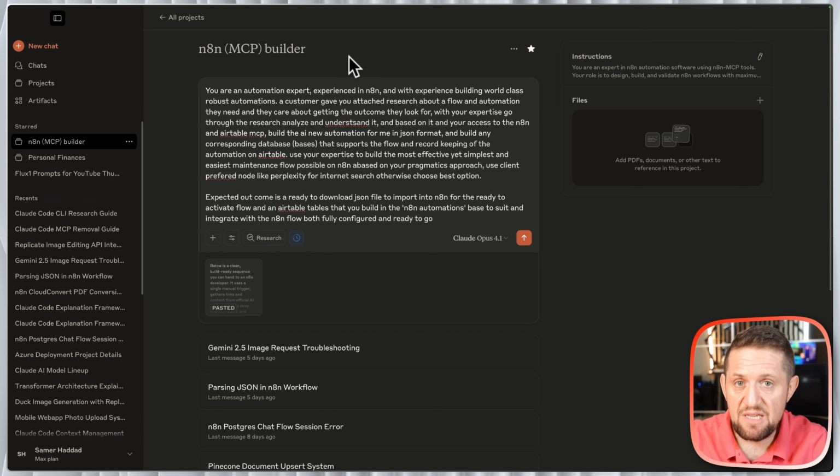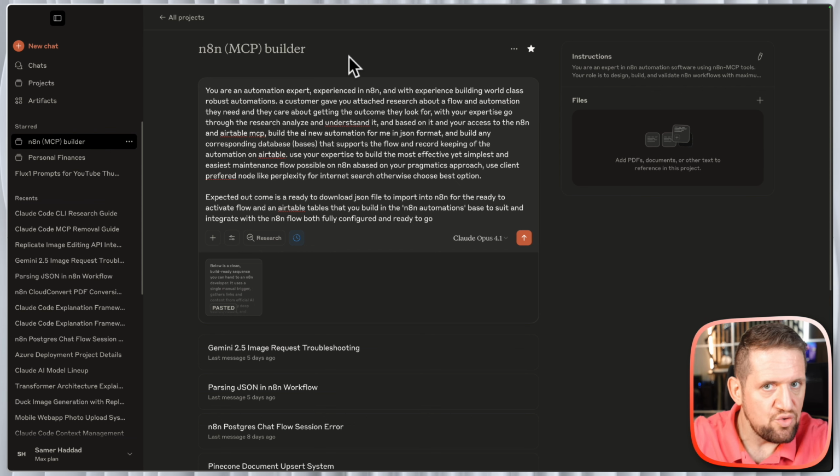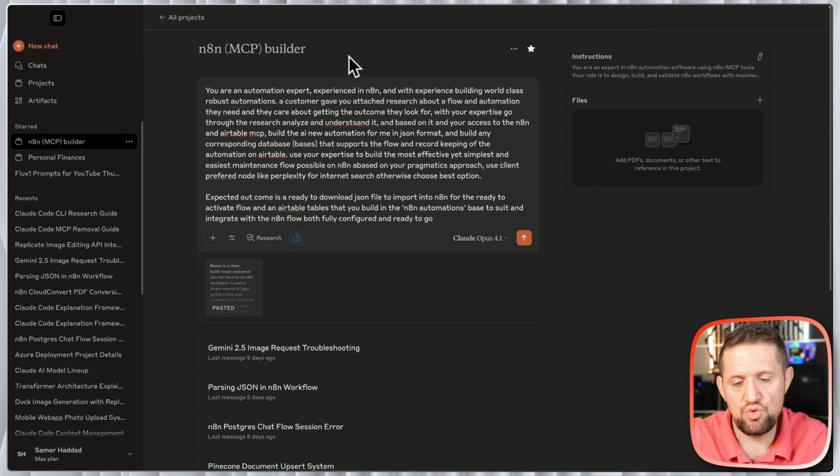I want a JSON code to be downloaded and then imported into n8n as a ready-to-configure or fully configured flow, ready to go and ready to test. And then a table or tables created in the n8n automations base that is connected to this server that I gave it access to. And I told it, use these servers to get the information or be able to push the actions that you need. Now, I am using here, just to be clear, Claude Opus 4.1, and I'm activating extended